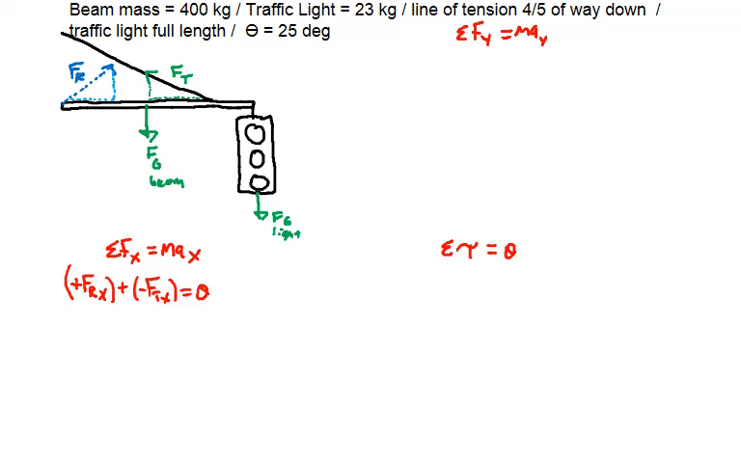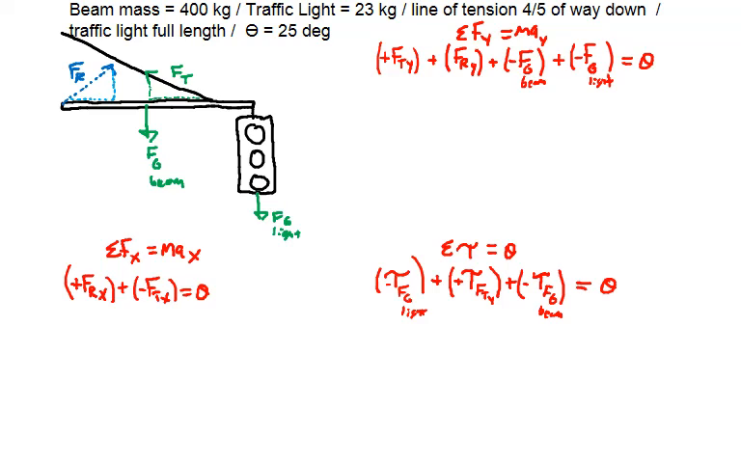Okay, so positive reaction force in the x plus the negative force of tension in the x. Positive force of tension in the y, a positive reaction force in the y, plus the negative force of gravity of the beam, negative force of gravity of the light. And then for the torques, the light will be a clockwise torque, right? If we use this as our axis of rotation,